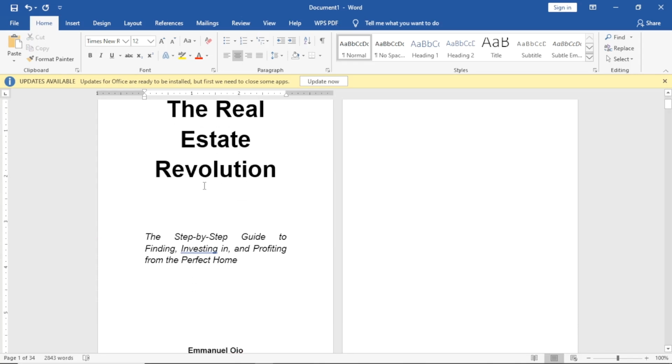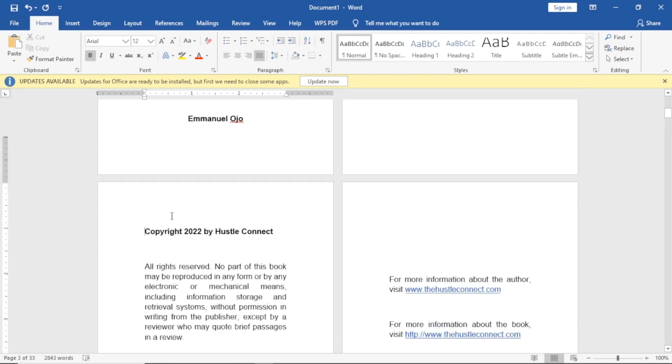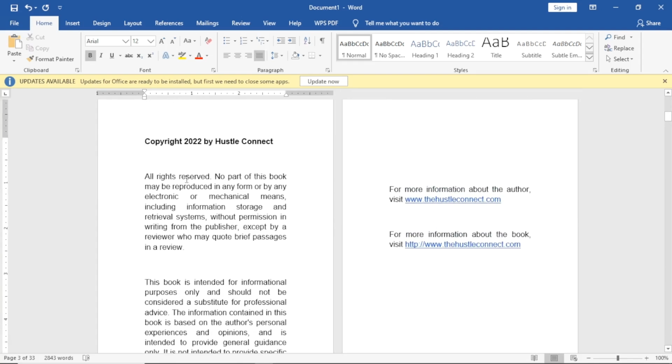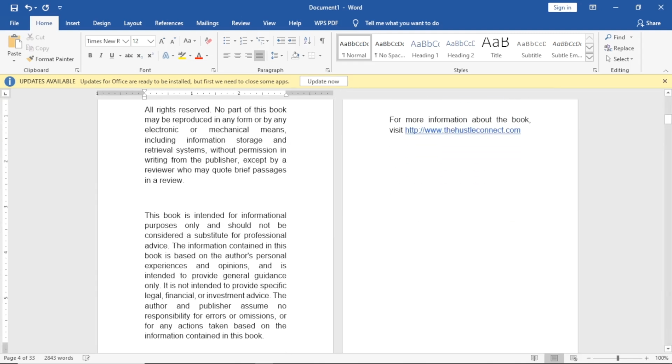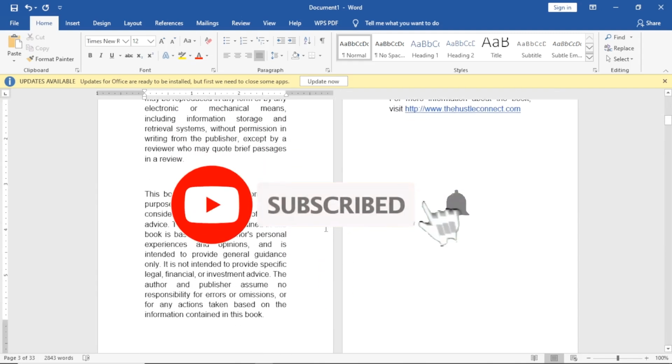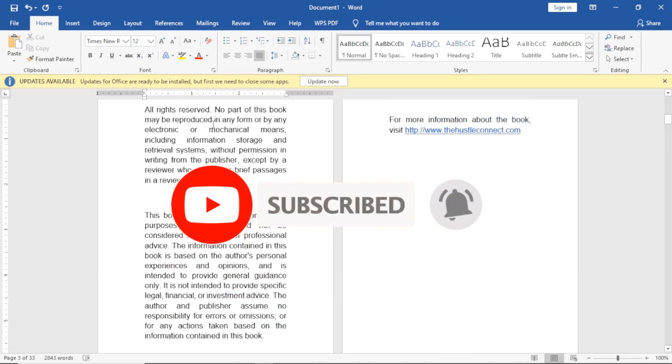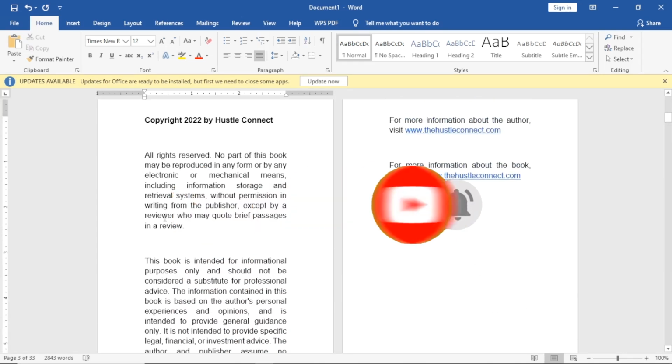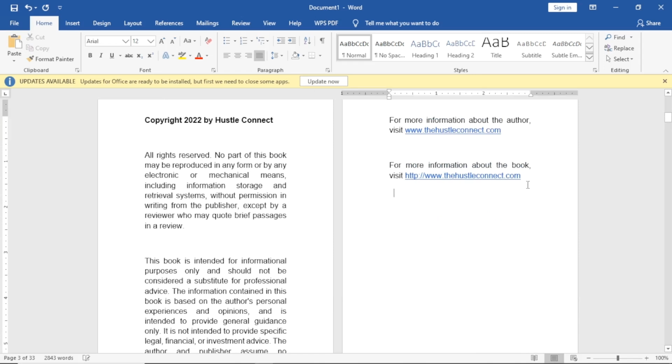So now let's head over to the copyright page, and now this is my copyright. So it looks good. So extended to this page. Okay, so let me just leave it here. So this is my copyright page, but then it is not complete. So what I want to do now is I'm going to come over to this point here,